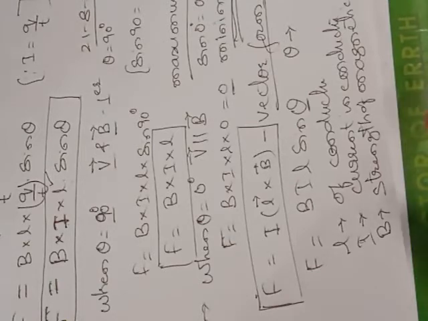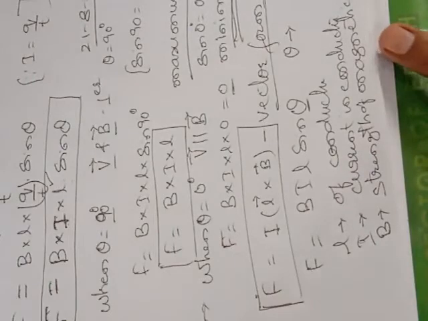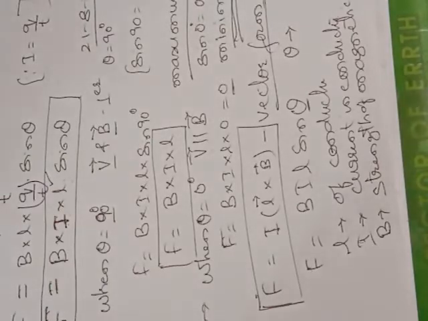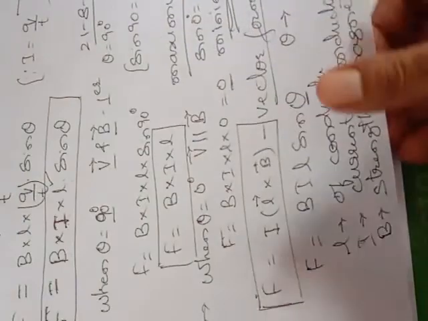So just now we have seen how theta is going to affect. If the velocity of the particle is perpendicular to B, then the force will be maximum. And if velocity is parallel to B, then what will happen? Force will be minimum. So in this way, today we have seen how the force acting on a current carrying conductor depends. Okay, so now the next thing comes.